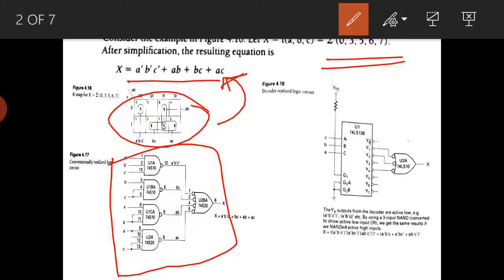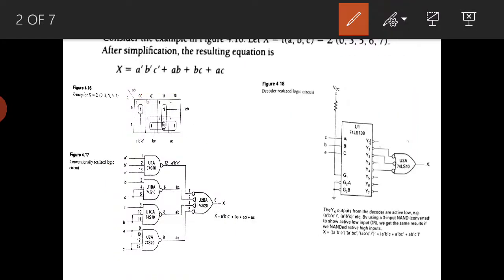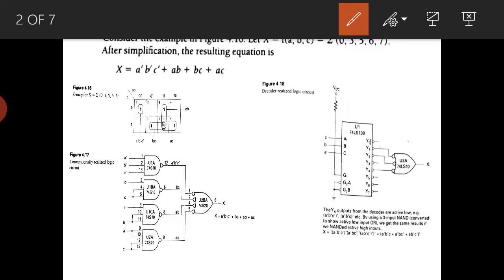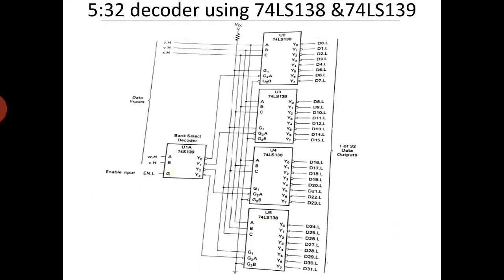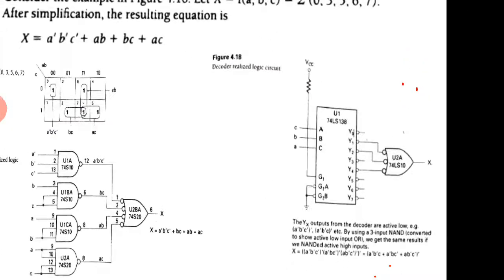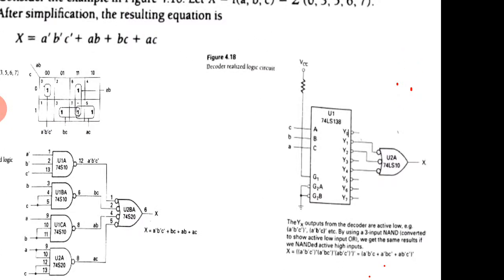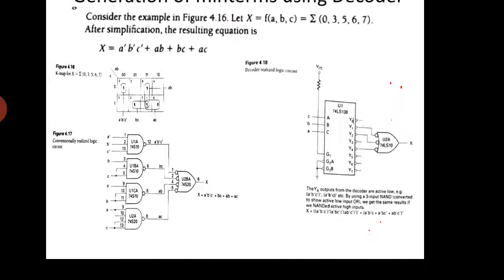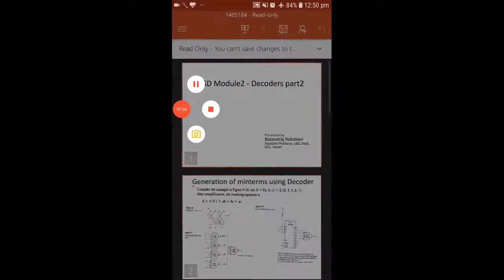Now the same thing we have implemented, we can realize by using a decoder and one OR gate. So how to realize that one? As we are seeing in the picture here, you can see the description mentioned here. The Y outputs from the decoder are active low. So this is active low outputs. Okay, so now if it is active low,